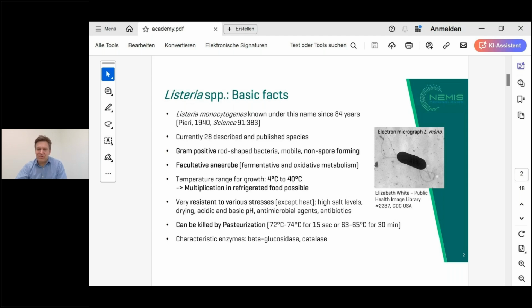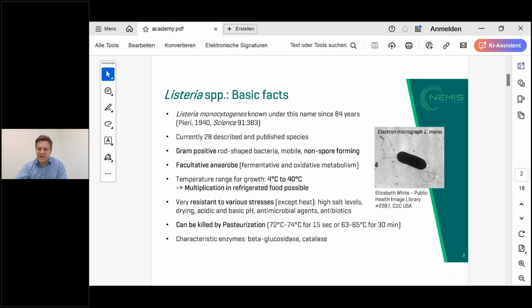That's really a problem because even if you store your foods refrigerated, often Listeria monocytogenes can multiply if introduced into the food